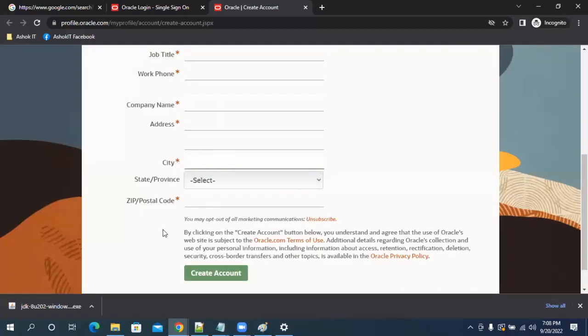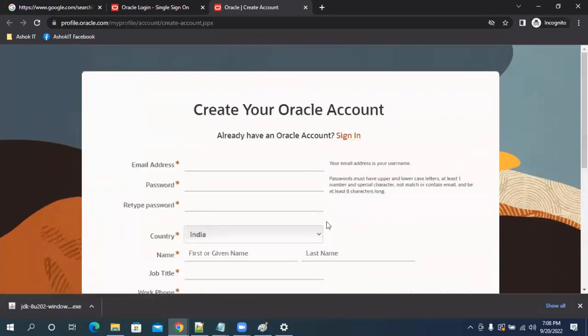You can enter some dummy data and click on create account. Once your account is created, you can log in using your credentials, and then the Java software will be downloaded.